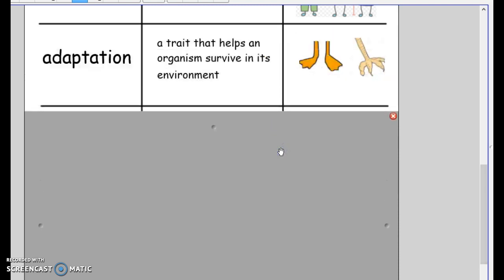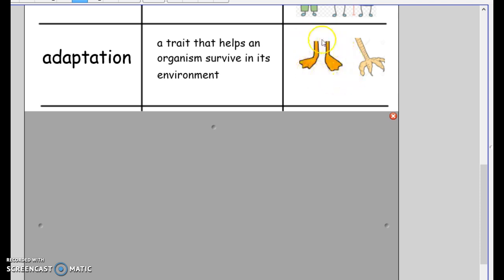Next, we have the word adaptation. You might see the word adapt in here. Sometimes people incorrectly will say adaptation. It's adaptation, okay? A trait that helps an organism survive in its environment. So you can think about the